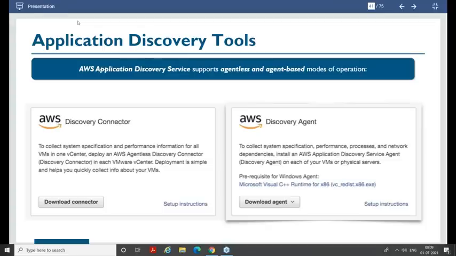Then you have this connector deployed in your vCenter, so it will get overall information about your vCenter so that you can replicate or build a similar kind of infrastructure on the cloud. So these are the two options: discovery connector, which is the agentless method, and discovery agent, where the agent is installed on each machine. In the agentless method, you don't install an agent or get details from every machine. You get it from the parent machine.